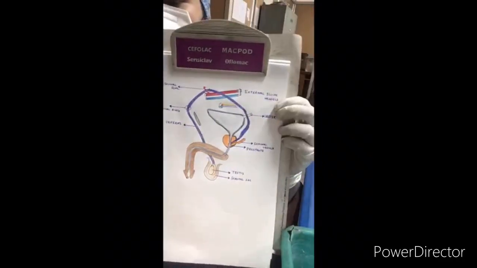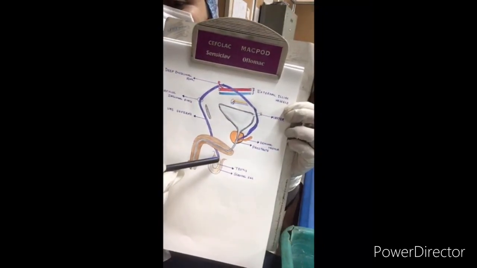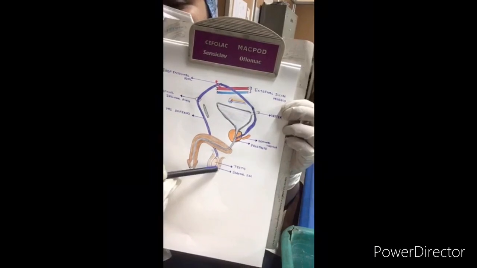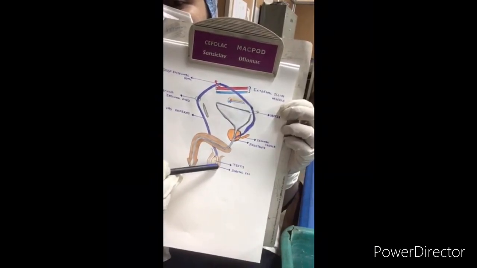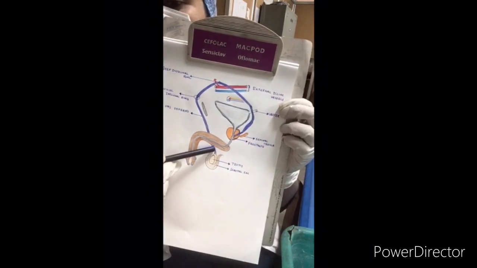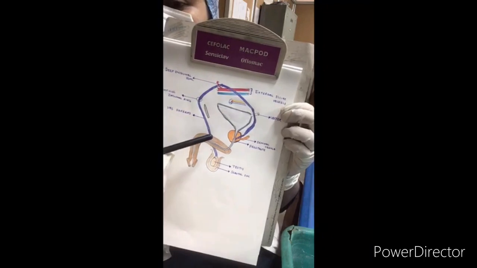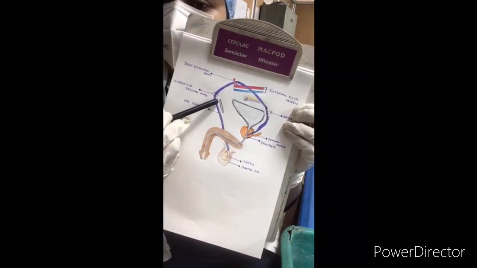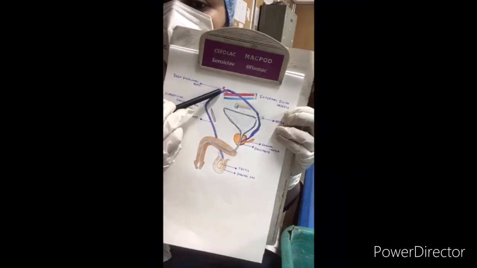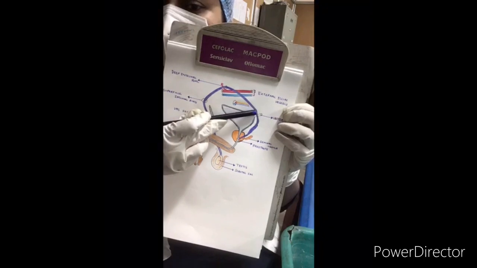So you can see the testis here. This is the epididymis. From the tail of the epididymis, the vas deferens begins. This violet-colored structure, this tube, is the vas deferens. It goes upwards through the superficial inguinal ring, then the inguinal canal, then the deep inguinal ring, then finally it drains into the